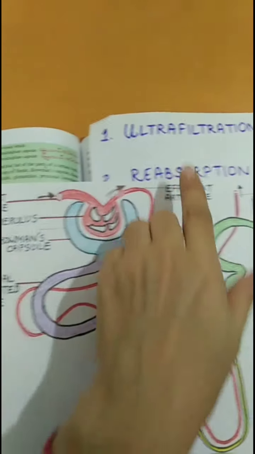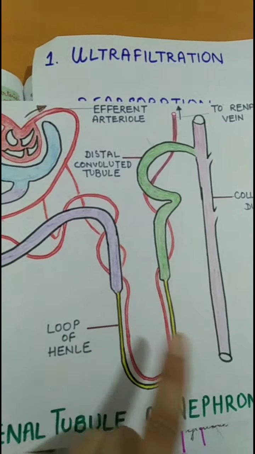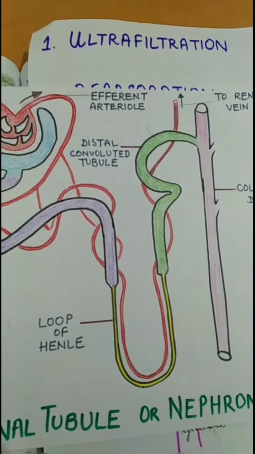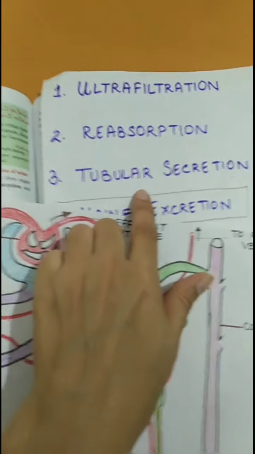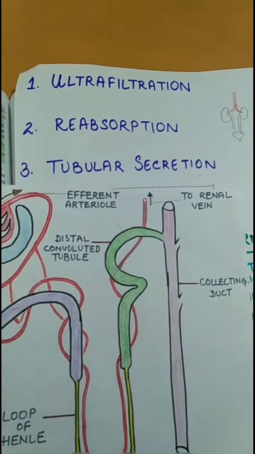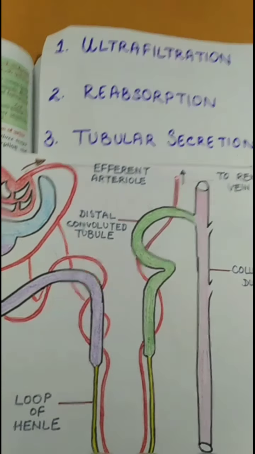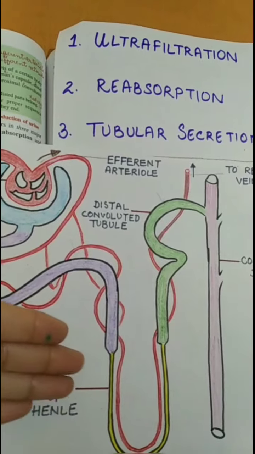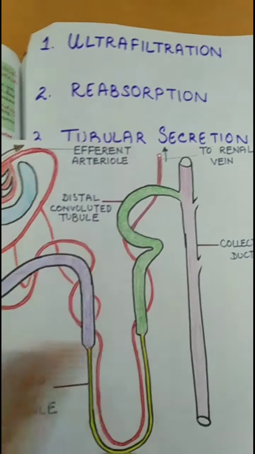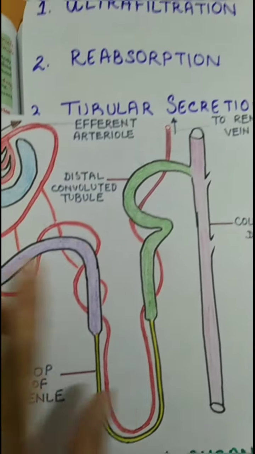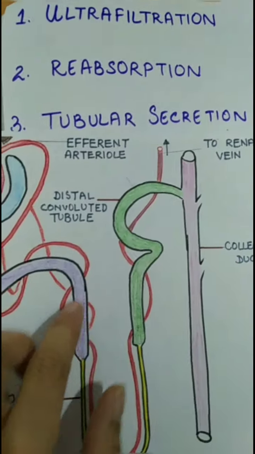Now this reabsorption part is done here. Loop of Henle does perform some role in the absorption. After that, we have tubular secretion. I'm dealing with the topic as per your Selina ICSE biology book. I'm not going deep into how the ascending and descending loop work. So we'll finally reach the distal convoluted tubule. Here the tubular secretion part of the urine formation takes place.